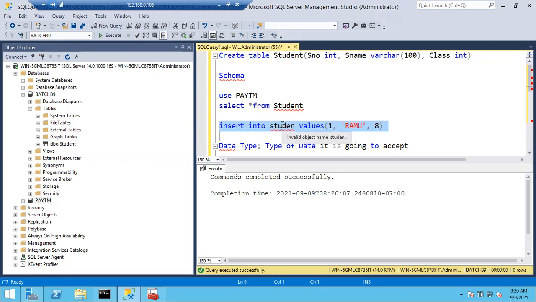It doesn't consider whether the student table exists or not. Actually, the student table name is wrong, but it doesn't mind what the parse button will think. Might be it is an object name. I don't know about the object name, right? If any errors are there in the syntax, the parse button will simply throw you the error.